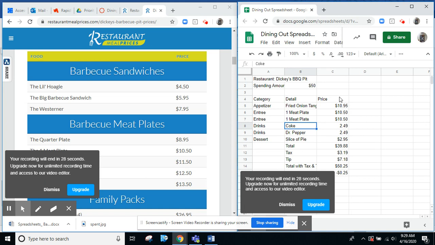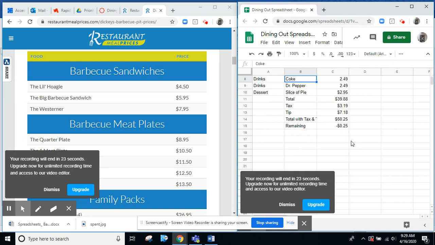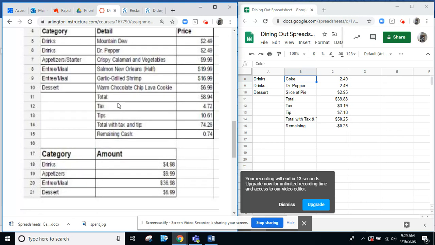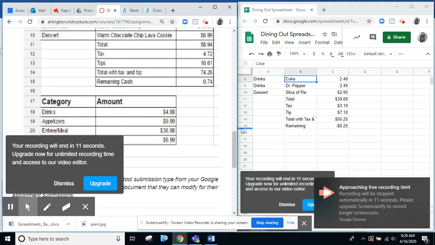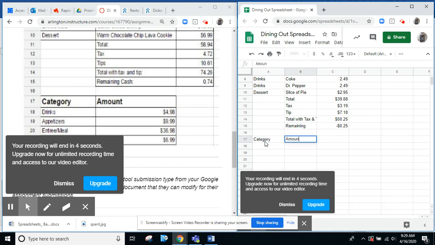So you're going to continue to change your entrees till you get a combination that leaves you with less than $1 here. Your assignment is not finished until you find yourself a combination of less than $1 remaining. Then you're going to go ahead and finish out adding the category and amount. So category, amount. So we're going to find out how much we spent all together on drinks